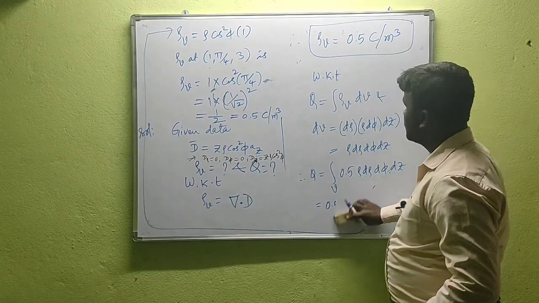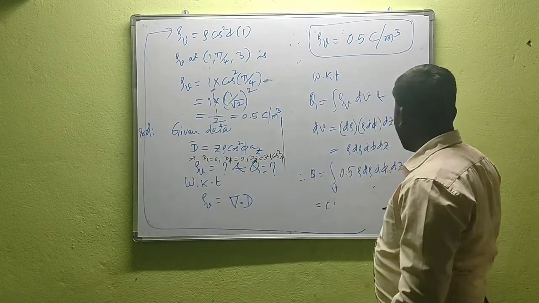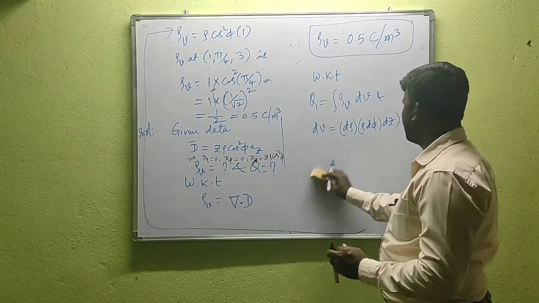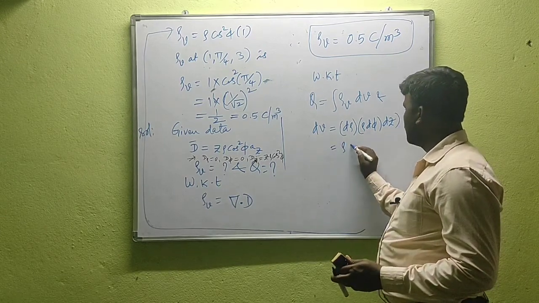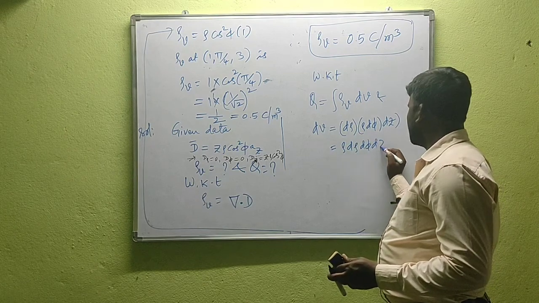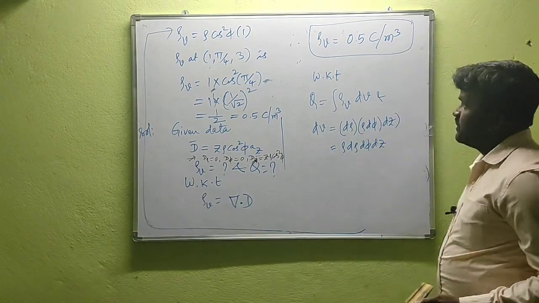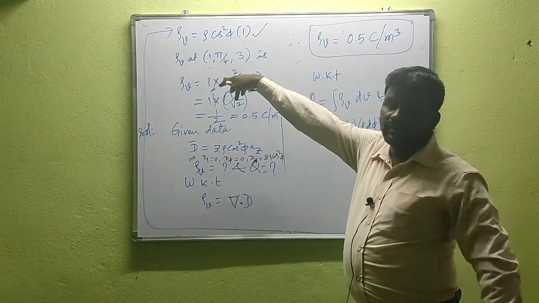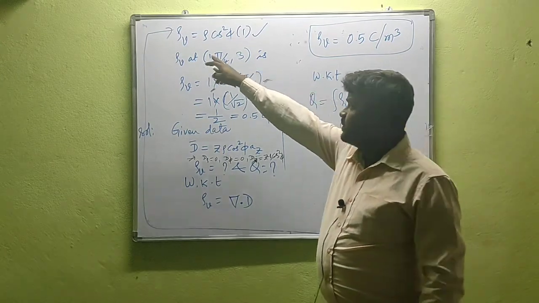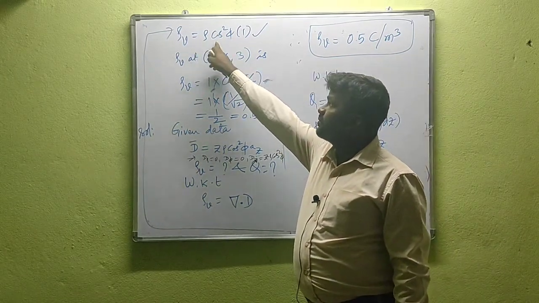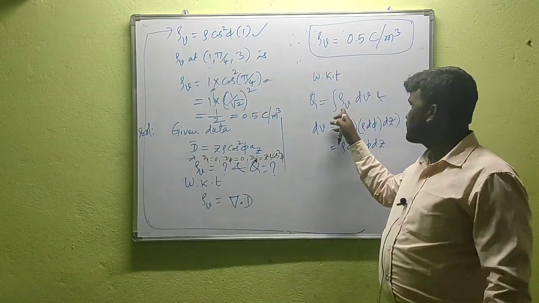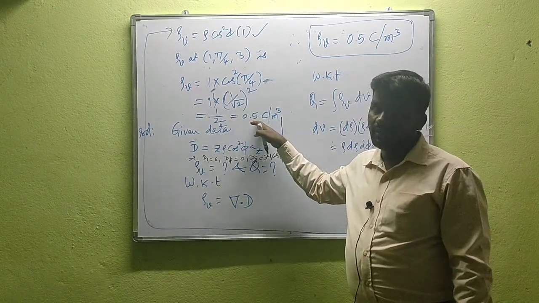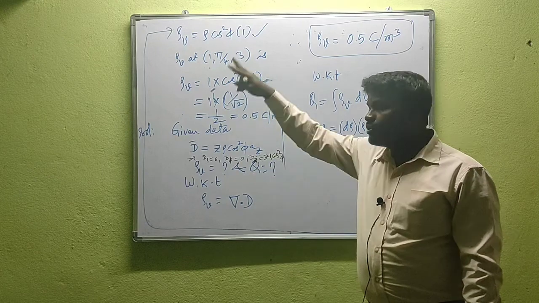Sorry for this. Actually, this is rho v at this point, but we require Q for the given rho v. This is nothing but rho d phi dz. They asked for rho v at this point, and they asked for the charge enclosed by the cylinder with charge density rho v, which is a function of rho cos square phi. We need to substitute rho v as rho cos square phi. It is the value of rho v at the particular point, but we require the charge enclosed by the cylinder.